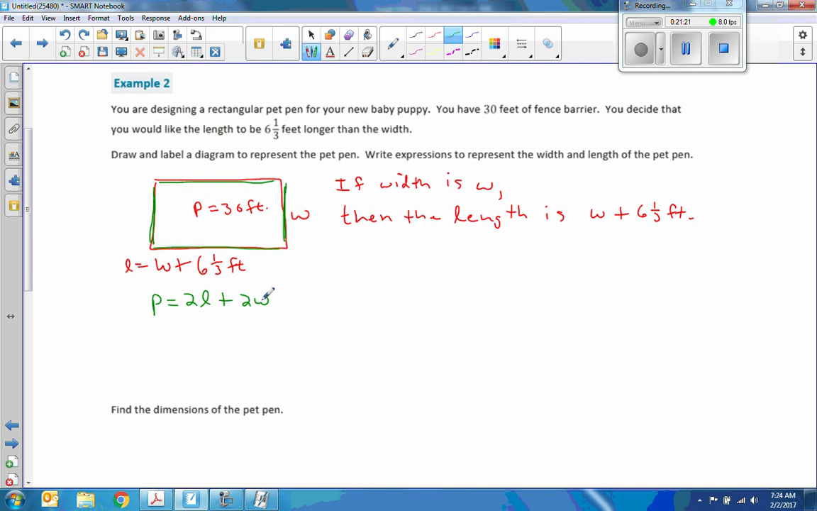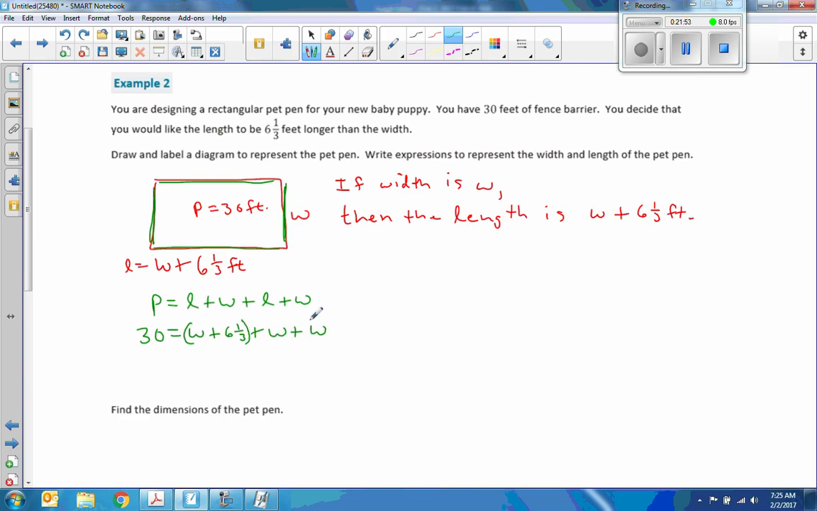Okay? Or I could do it this way, rather than confuse you with the distributive property. I could say P equals length plus width plus length plus width. So that, and then I substitute in my given. Perimeter is 30 equals the length, W plus 6 1/3, plus the width W, plus the length, which is W